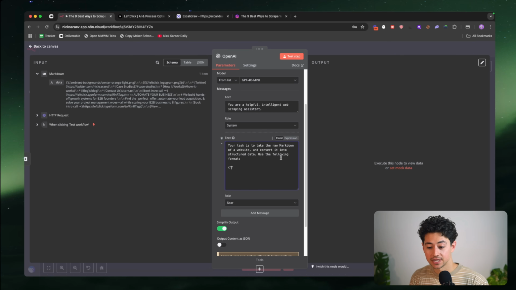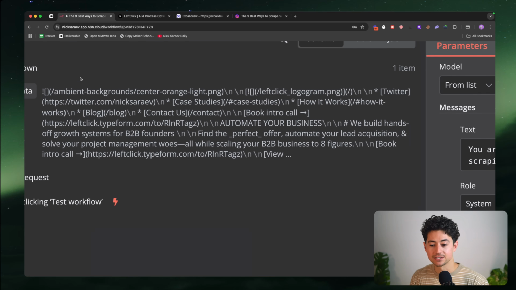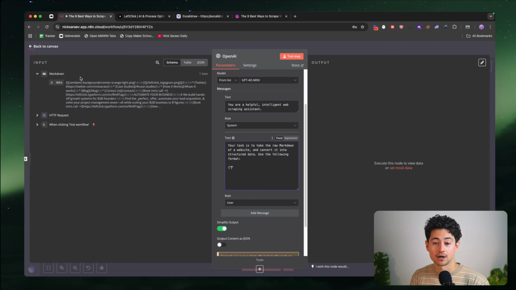So the very first thing I'm going to do is have it just pull out all the links on the website, because I find that's a very common scraping application. So I'll go links, and then I'm just going to show it an example of an array of absolute URLs. This is very important that they're absolute URLs. Anything that we're going to build after this is going to be making use of the absolute URLs,